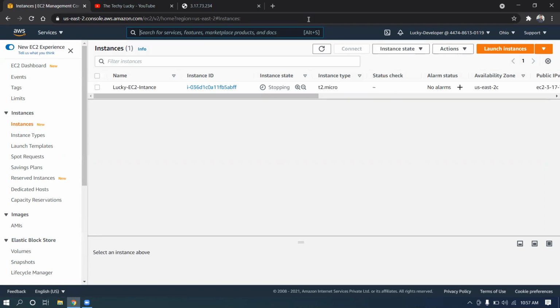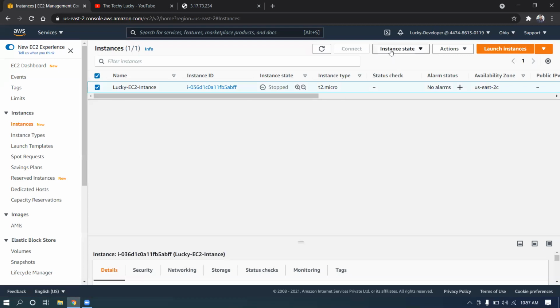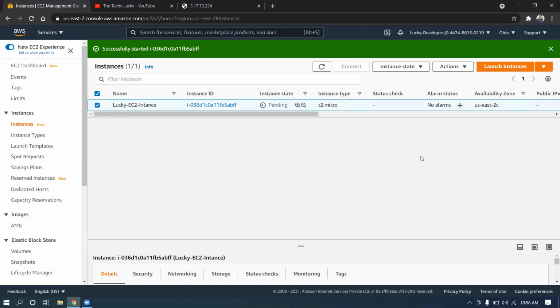In this way, you will observe the IP address being changed. The reboot option may not work out. Why exactly may it not work out? Because I am working in the free tier, and in the free tier most things may not work in a proper way. Sometimes it may have such drawbacks. No problem. Now my instance has been stopped. Now let me try to start my instance. I have chosen my instance again, and I'm trying to start it. It will take some time. You may see the status as pending, then it will become active, and you can see the status 2 by 2.